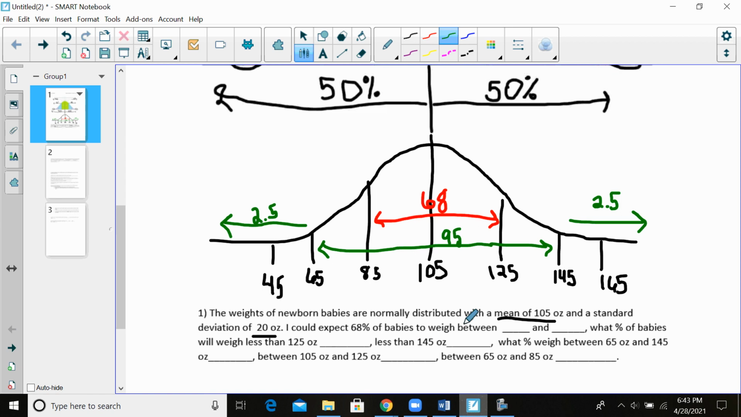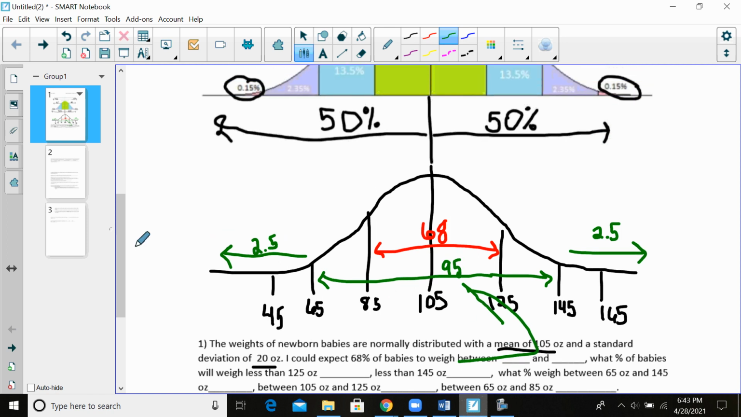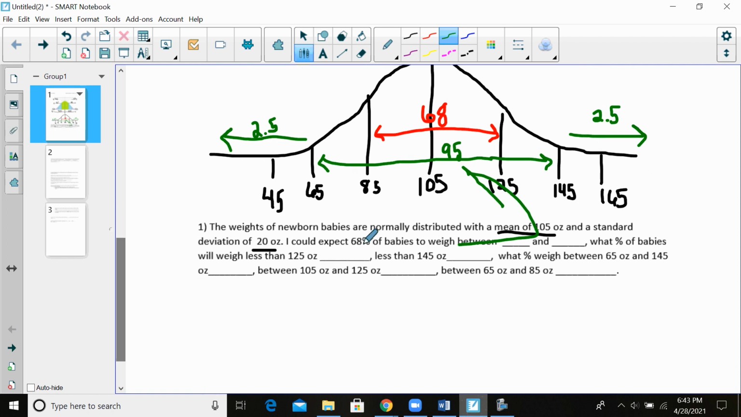All right, so I could expect 68% of the babies to weigh between, oh, whoa, I'm sorry. And that would be, sorry about that. That would be 85 and 125. And what percent of the babies would weigh less than 125